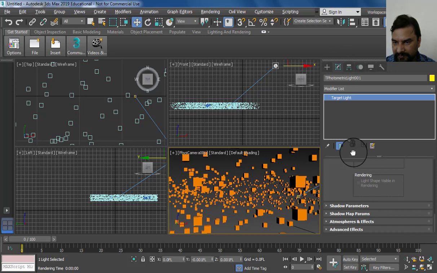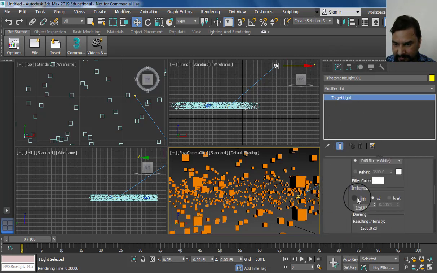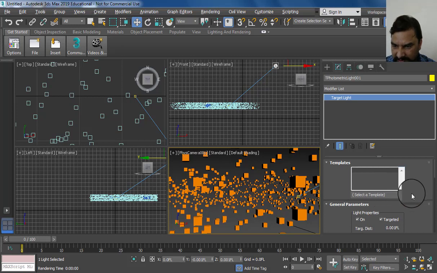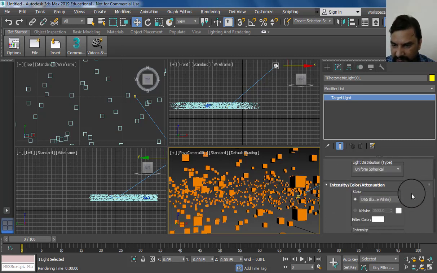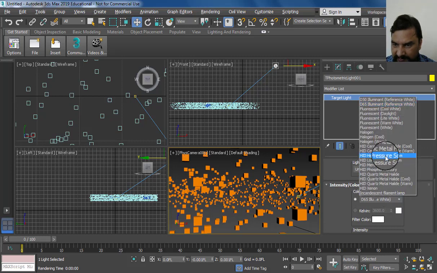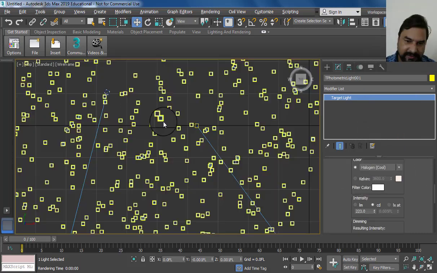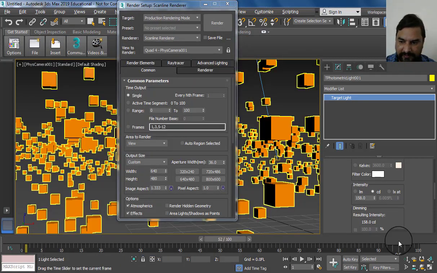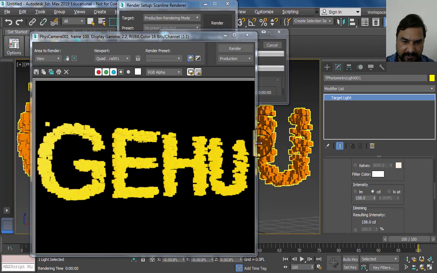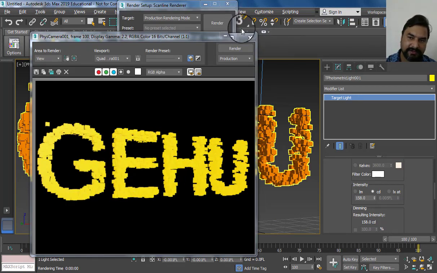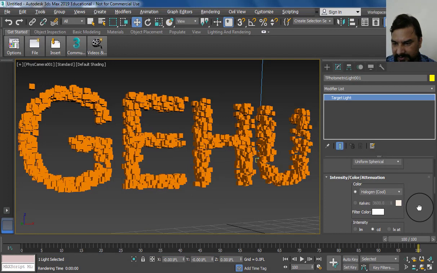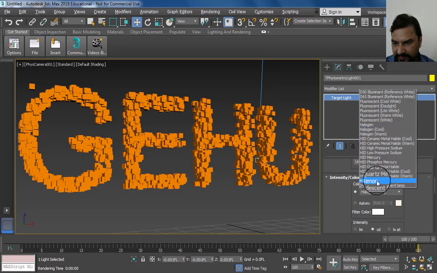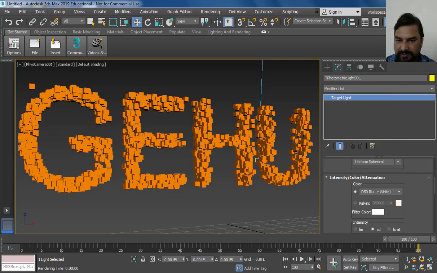I can use intensity. Go to select light, go to an option here, and we can use a different type of light, like a cool halogen light. Now go to the end frame and then place a render. Our object looks like this, and we can create a light for these particular things. We can change the light to some region reflect light.